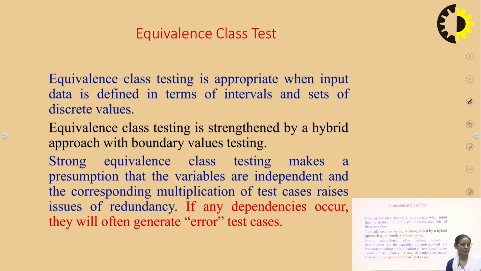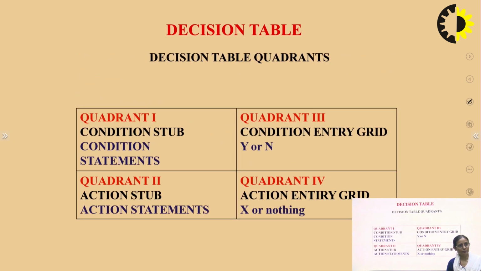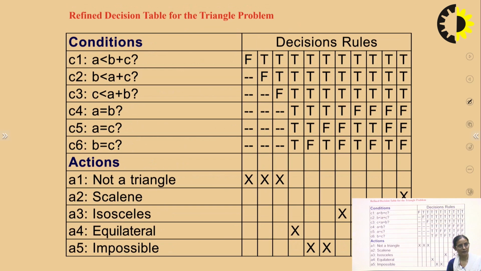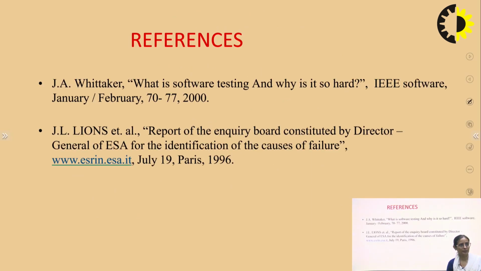Strong equivalence class testing presumes that the variables are independent, and the corresponding multiplication of test cases raises the issue of redundancy. If any dependencies occur, they will often generate error test cases. Next is decision table based testing, which we will cover in the next lecture. So, we have discussed 2 techniques. One is equivalence class testing, and another one is